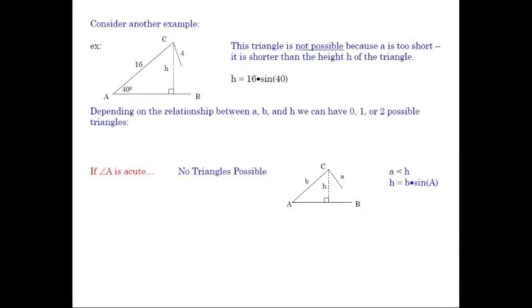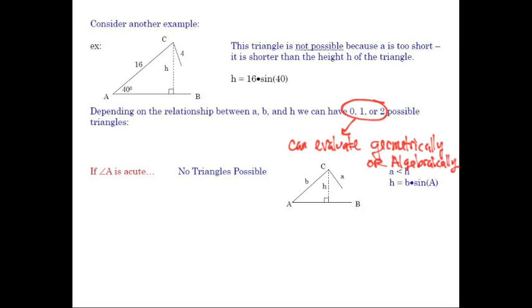So this is the algebraic kind of reasoning behind it. There's other options where we have a side that isn't long enough, and so we have two ways that we can go about this. We can memorize some restrictions on our side length, so we could try to figure out this height of this triangle, and if A is less than that height, it's not going to make a triangle. If A is larger than that height, it could potentially make two. And if A is equal to that height, then you just have a right triangle. The tricky thing is you have to find that height every time. So another option is to just solve it and see what happens. So that's our geometric approach. Algebraically, we can figure out what it should be